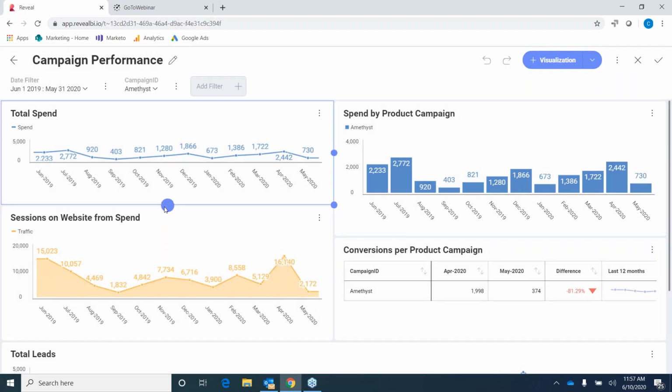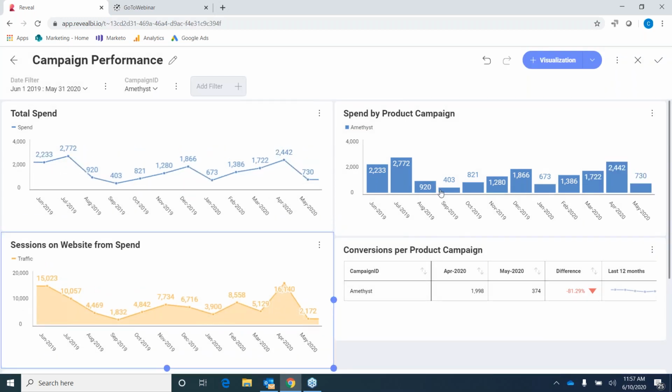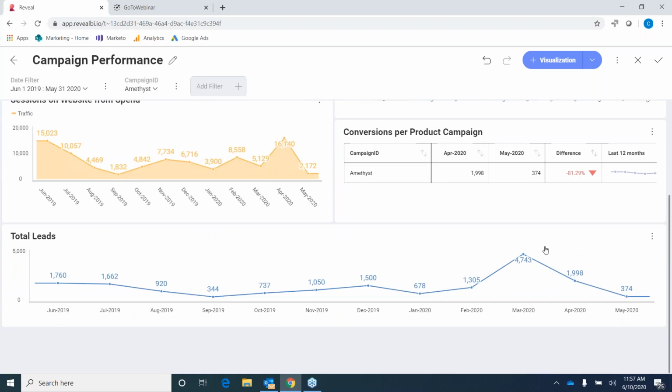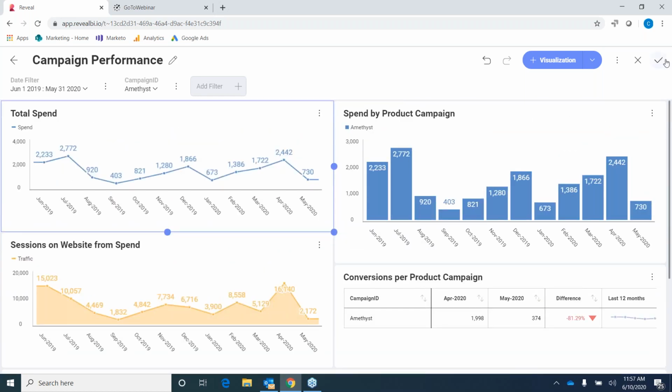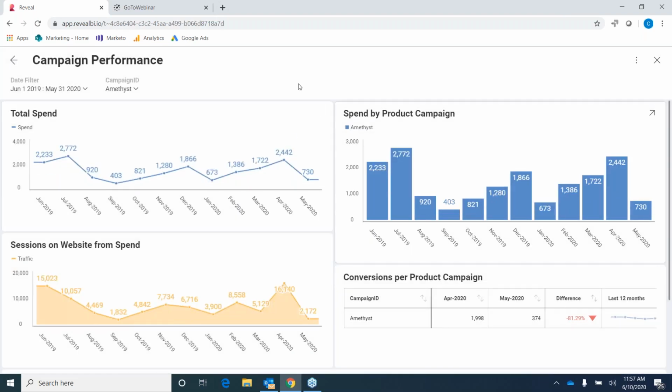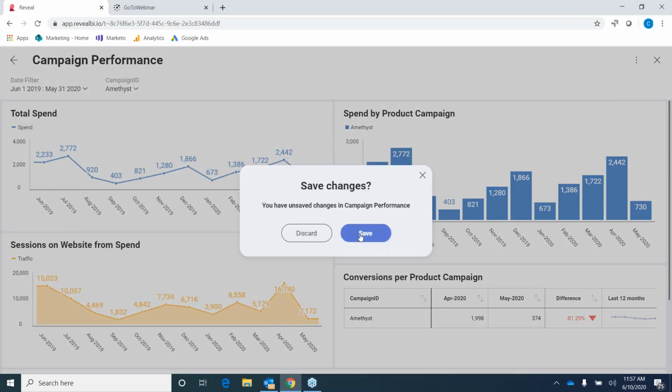I can even come in here and edit to make it look a little nicer. And I can see that, okay, there was a spike in traffic. We spent more money. Conversions were up on the marketing side of things. So what I'm going to do is now I'm just going to come back